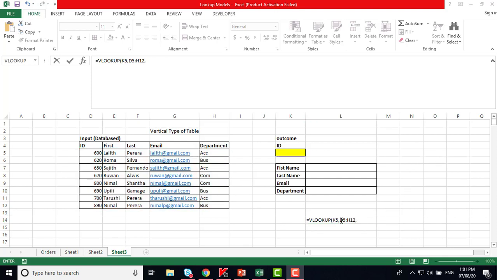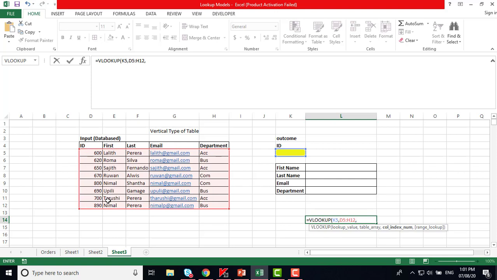So the next item, we need to come here and we will click that. The next item needs to be the column index number. Which column index number, or which column information, you need to extract into your answer. For example, now I want to get here the first name of the person. So the column index number needs to be the number at which that particular first name appears in the given database. Now, if you look at your database here again, you can see the first column is the ID.